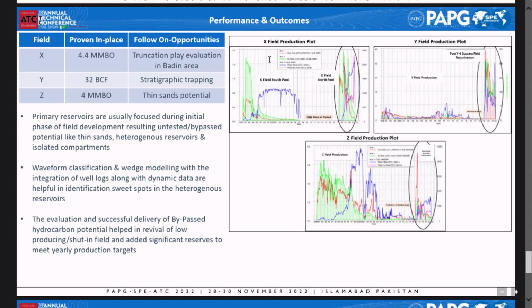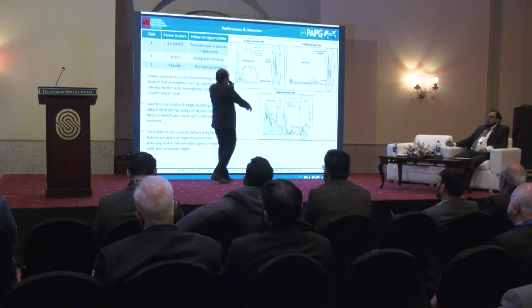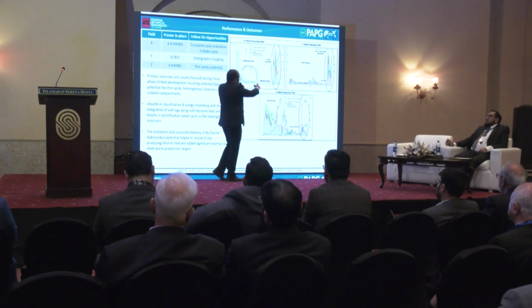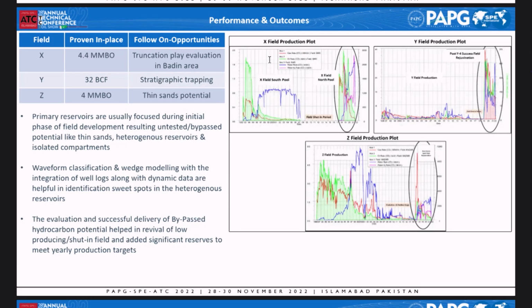Another impact is, if you just look at these production plots, these are the hydrocarbon and water well production plots. In the first production plot, this is the area where the field had declined, and this is the time when we were thinking about relinquishing the area or the lease. But thereafter, after a gap of 6 to 7 years,